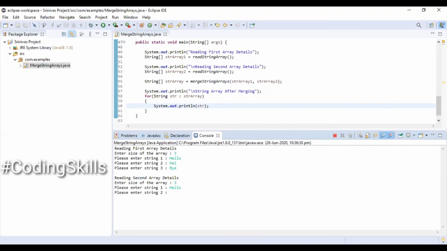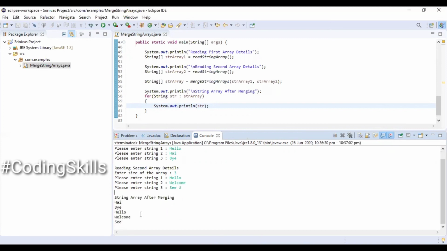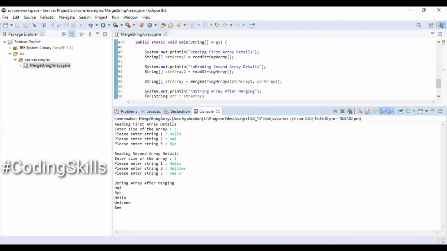Entering 3 values. This time hello is repeated in both the arrays. Now we should see only 5 values out of 6. We should see hello only once.